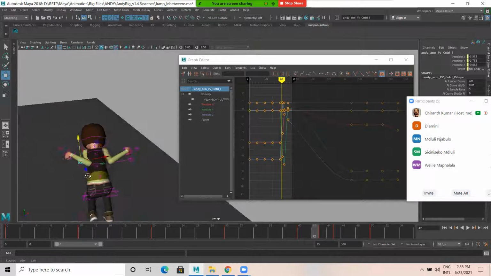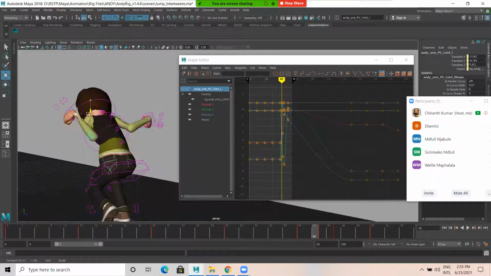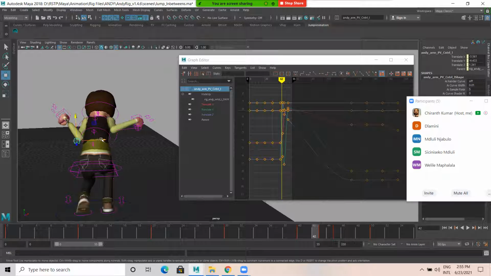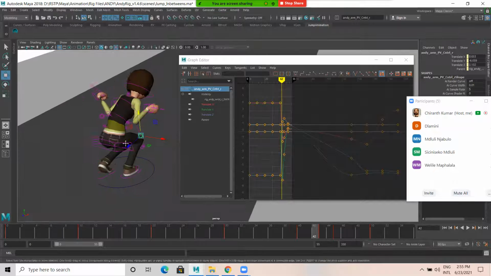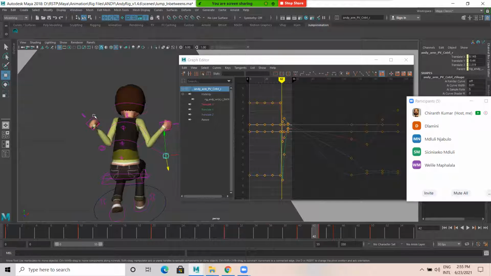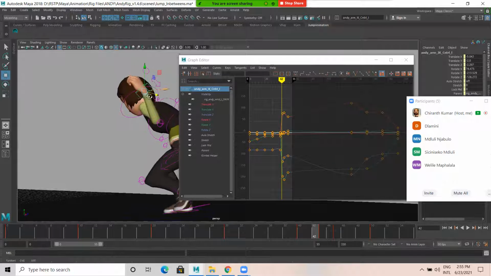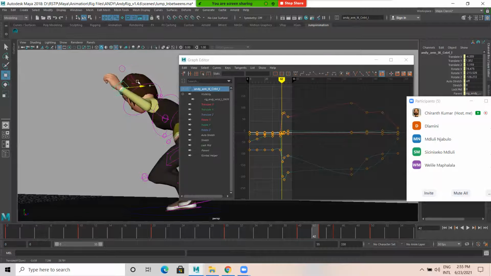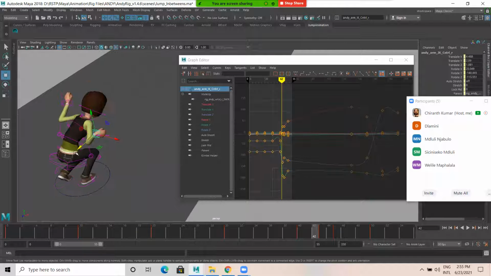Okay, 42 is also having some issue. Look at this. So we might face few issues like this. In this case, manually, let's work on it. So let us take this hand a bit front, a bit front.